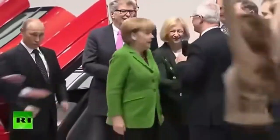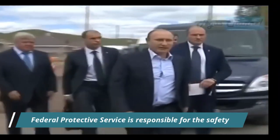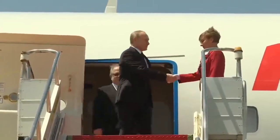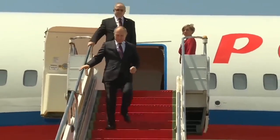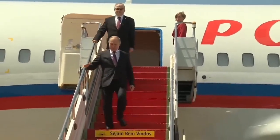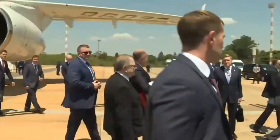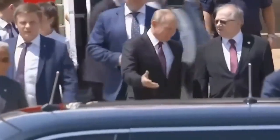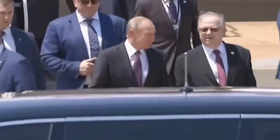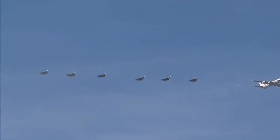How come there are so many? In addition to protecting the president, the Federal Protective Service is responsible for the safety of a great number of other people, including the following: the Prime Minister, the Speakers of the State Duma and the Soviet of the Federation, the Ministers of Foreign Affairs and Defense, the Director of the Federal Security Service, the Chairman of the Security Council, the Head of the Presidential Administration and his deputies, and the Chairman of the Central Election Commission. A special order from the President is required in order to provide personal security for other